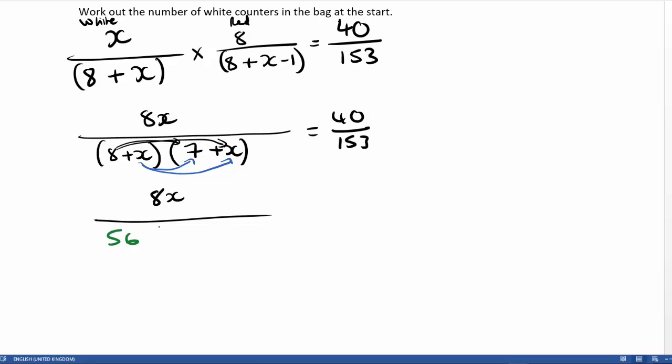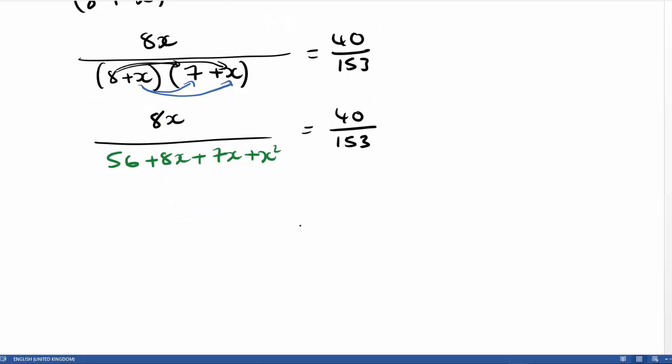8 times x is going to be positive 8x. X times 7 is going to be positive 7x. And x times x is going to be plus x squared. Okay? And this is going to all equal 40 over 153. What we need to do is collect the like terms. You're going to have 8x, and you're going to have x squared, it's just for neatness. And we're going to have 8 plus 7, it's going to be plus 15x plus 56 is equal to 40